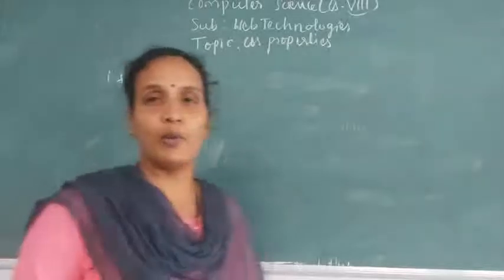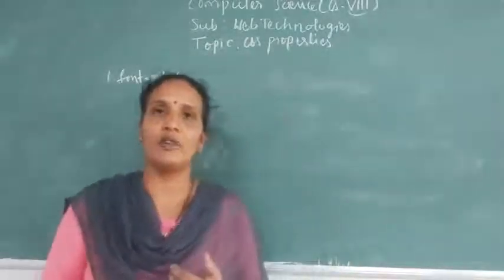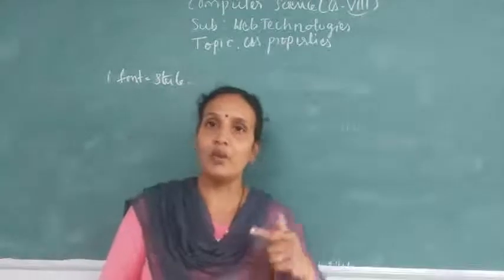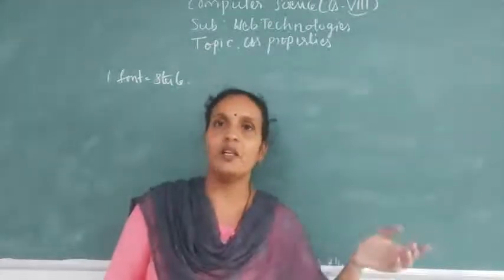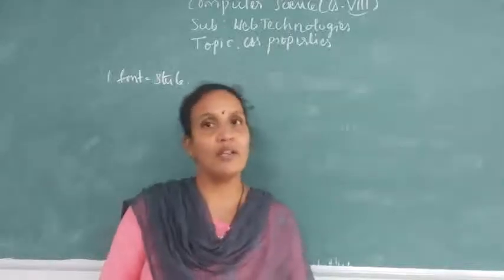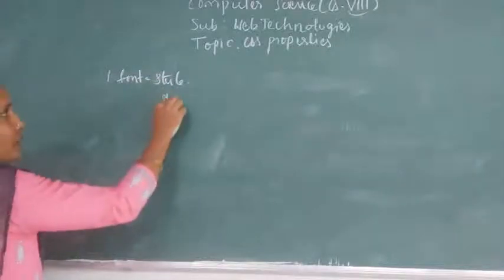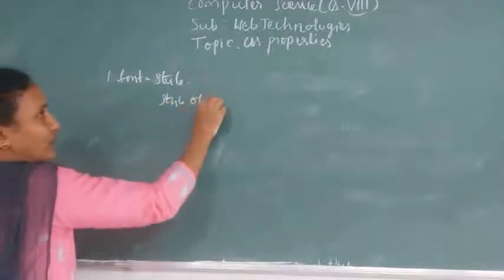So using the font style property, you can give two things. One is italic and the second one is normal, because in font weight bold is already there, no? Here in font style we won't give bold because bold comes under font weight. So under font style you give either normal text or italic. The style of the text.